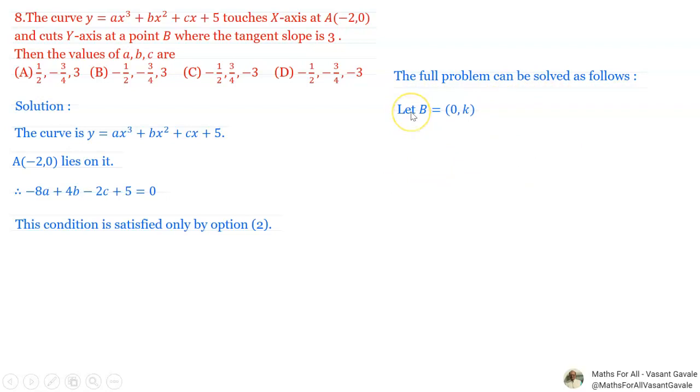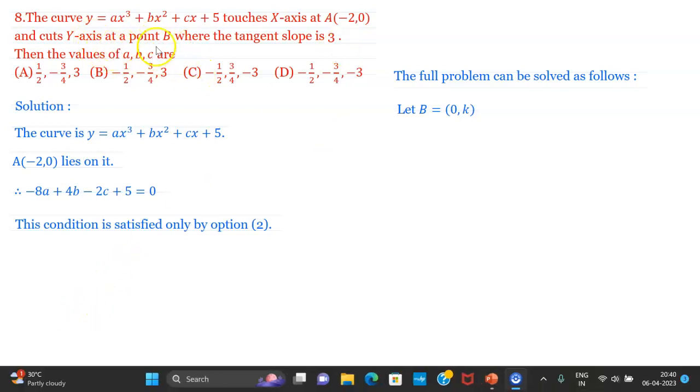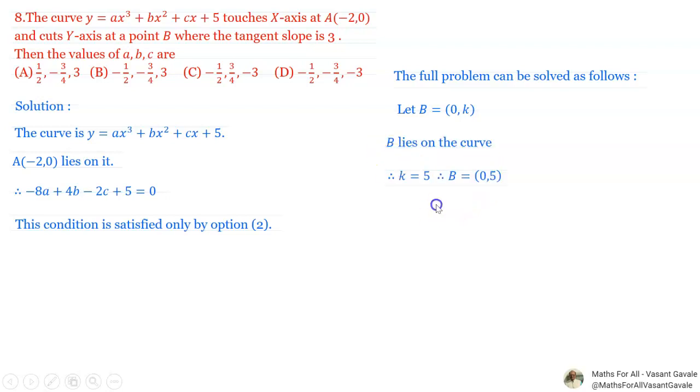The curve cuts the y-axis at the point B, therefore its x coordinate will be 0. B lies on this curve, and if we substitute x is equal to 0 here, then you will have y is equal to 5. Therefore the coordinate of the point B is (0, 5). Also dy by dx at the point A is equal to 0 and dy by dx at the point B is equal to 3. Now, dy by dx at the point A means what,